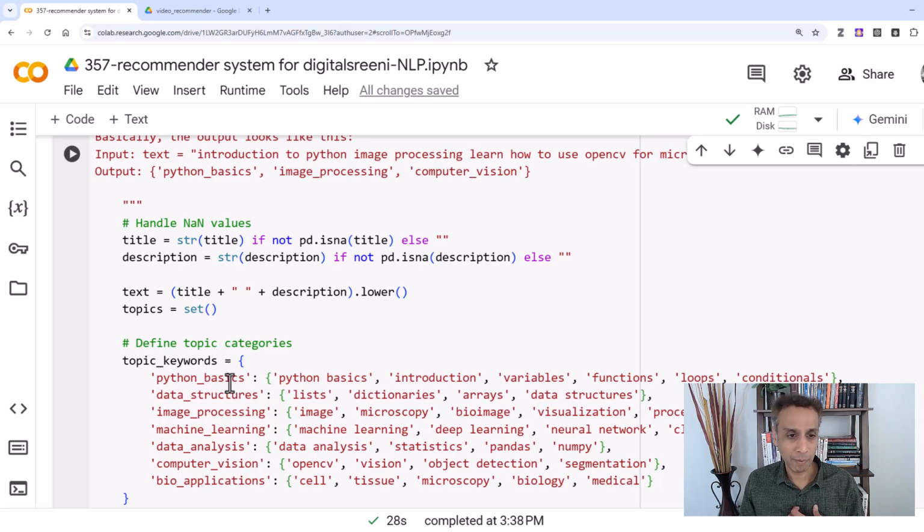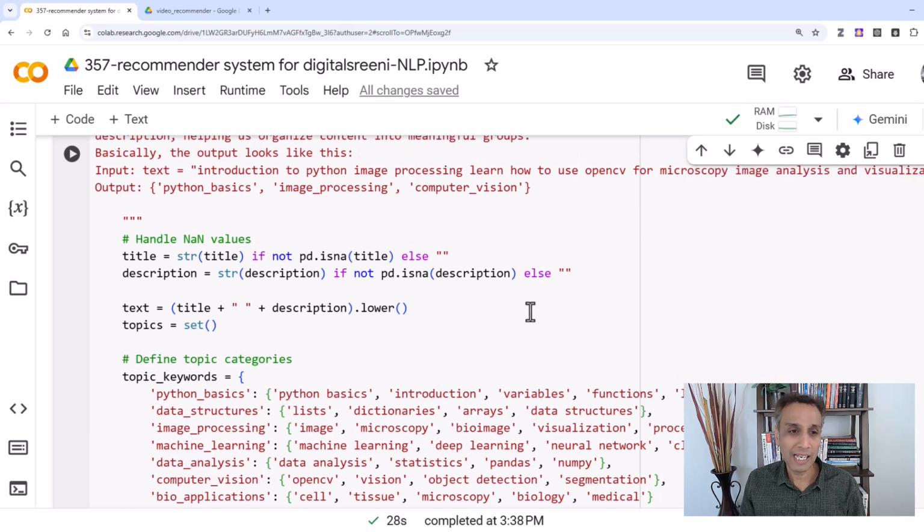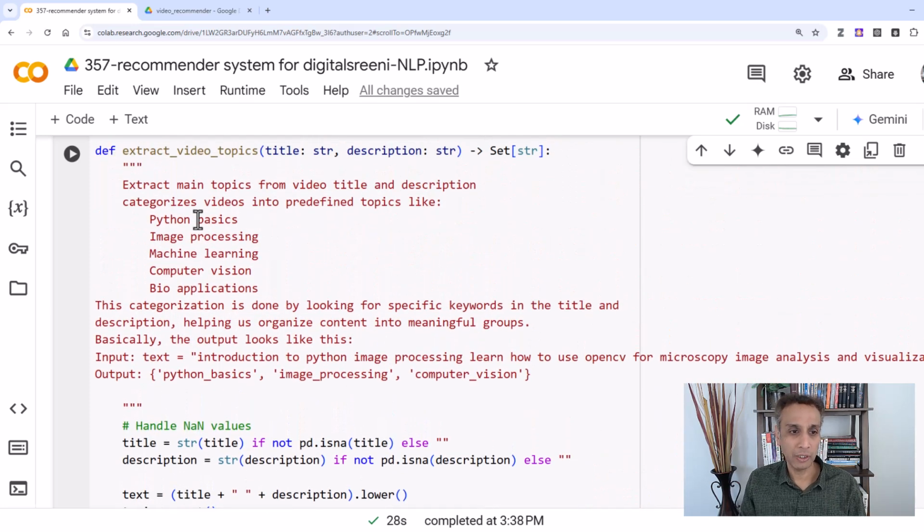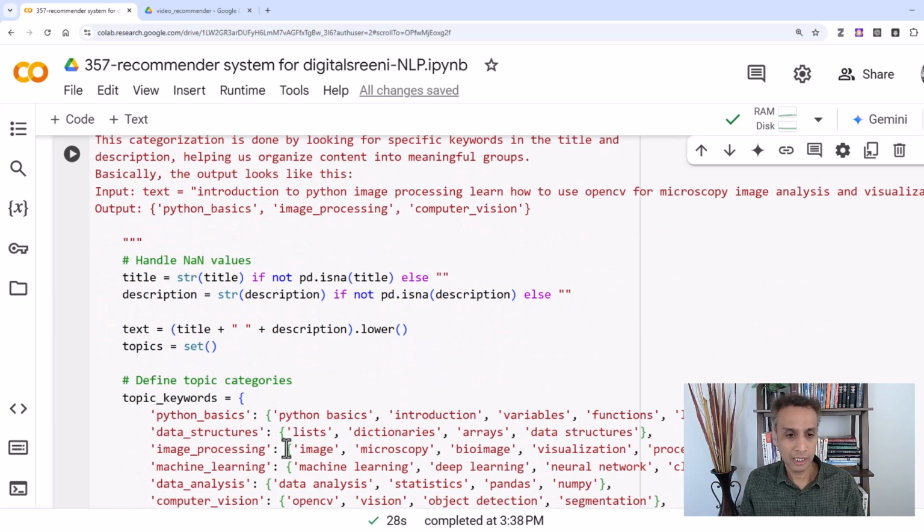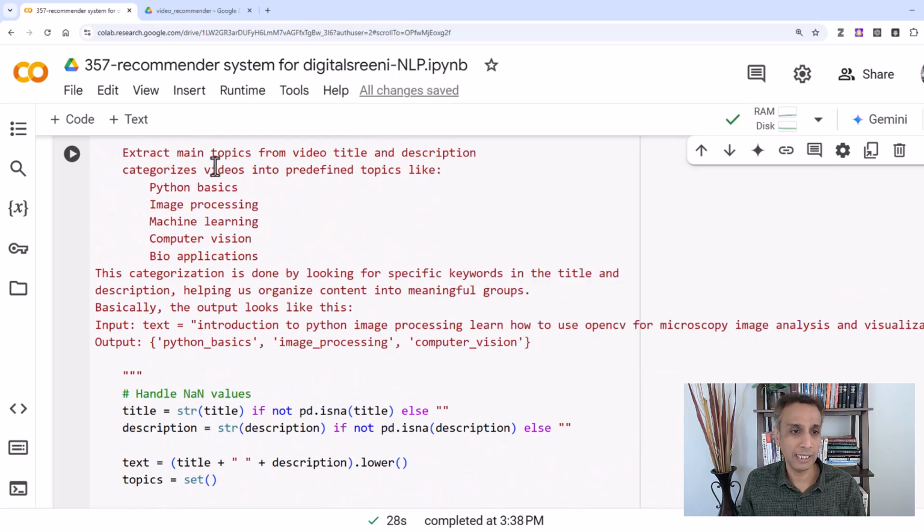And then I say, hey, for Python basics, it belongs to Python basics if it has something similar to these words, like Python basics, introduction, variables, functions, loops, conditionals. If it has all of those, then call it Python basics. If it has image processing type of keywords, image and microscopy or bioimage, then categorize that as image processing and so on. So this is done by looking for specific keywords like I just told you in the title and